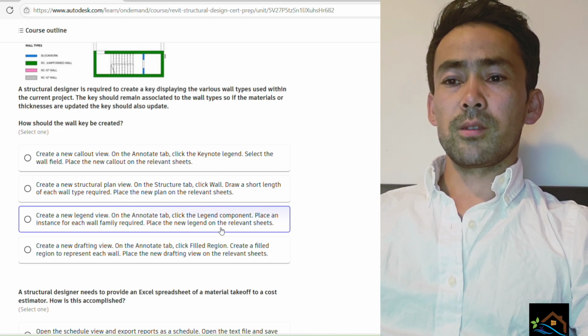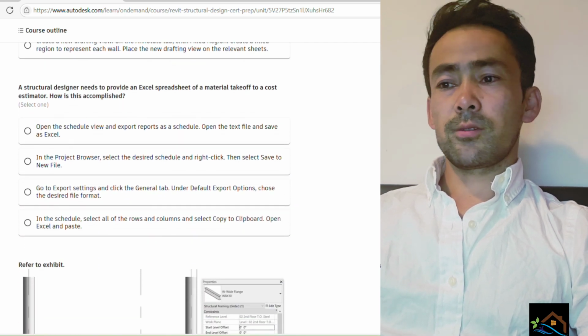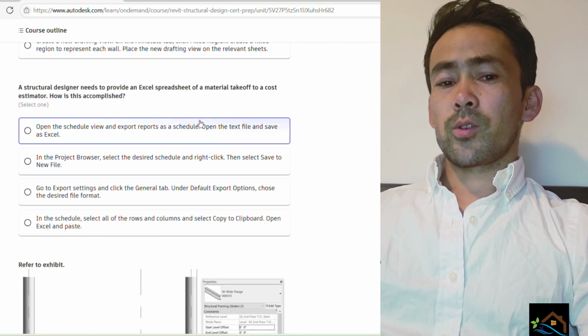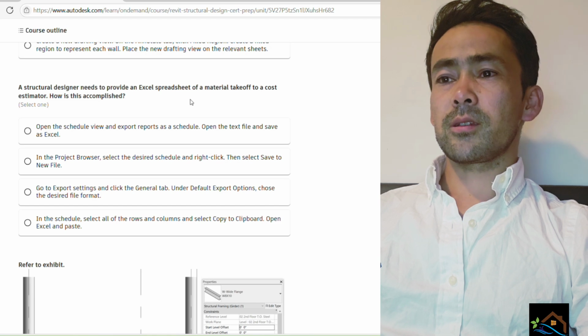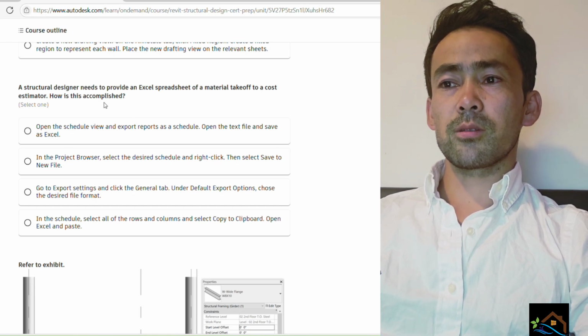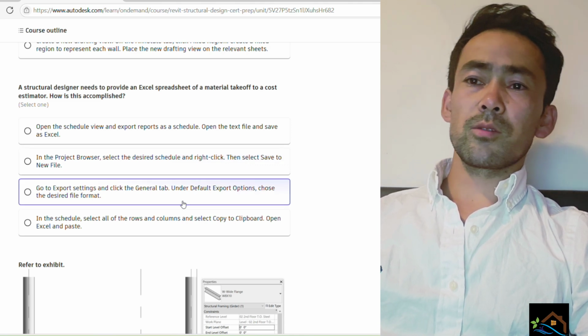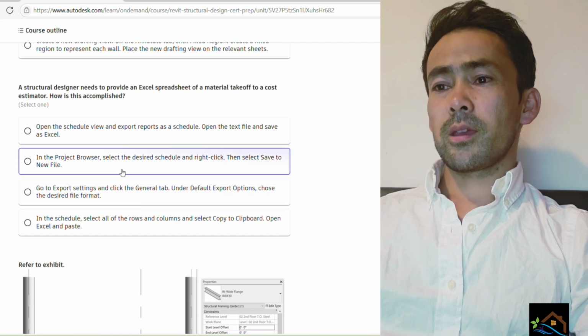Place the new view legend to the relevant sheets. So this is the correct answer. Next question is, a structural designer needs to provide an Excel spreadsheet of material takeoff to a cost estimator. How is this accomplished? If we want to have an Excel spreadsheet, we need to export it to an Excel sheet